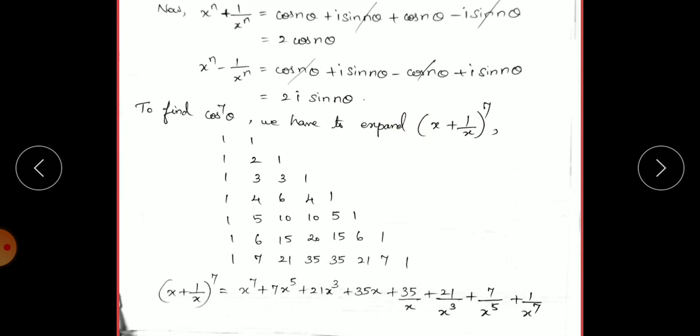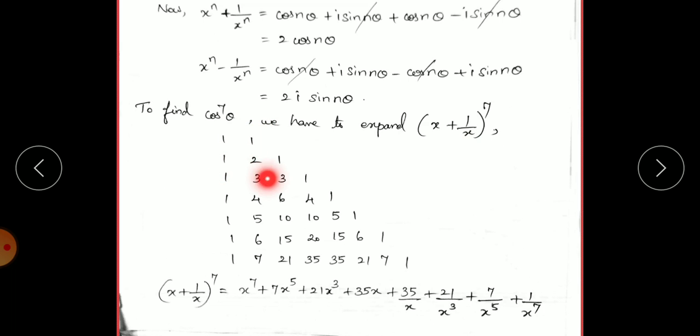Now we are going to find cos power 7 theta. This can be expressed as x plus 1 by x whole power 7, because since it's a cos term, we should use plus here. So x plus 1 by x whole power 7 is the notation for cos power 7 theta. If it is a sine value, you have to put minus, which we can see in the next problem. So Pascal's triangle: we start with 1, then 1, 1,